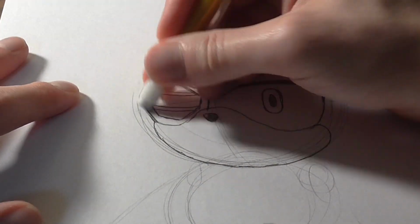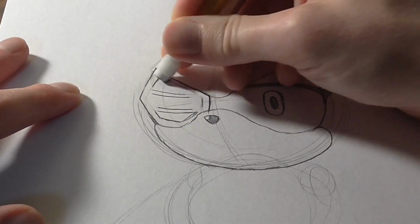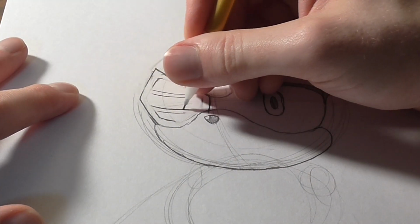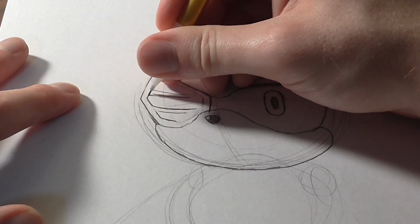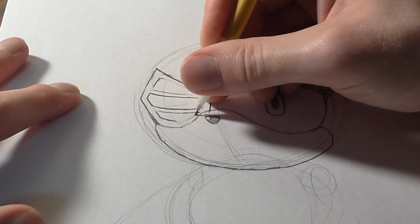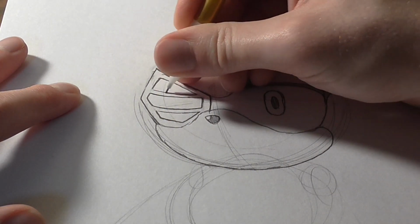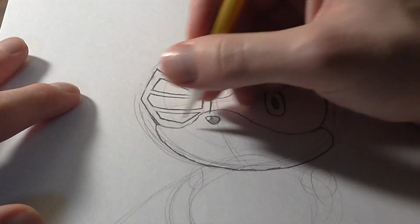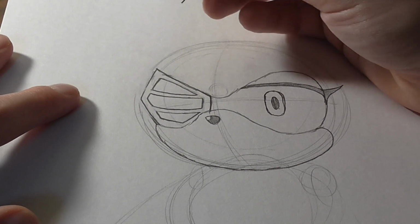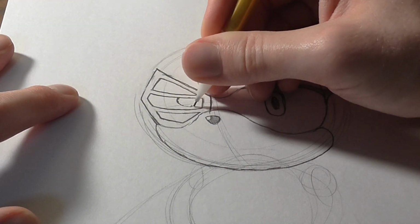And now that we got that down, we can erase any overlap you don't want. You want there to be a little gap in between them. After I finish drawing it in, I'll show you. So you want a little space, you want everything connected here. You don't want a line right here or here. So you want a little space there. And then you could just draw in a nice circle like this